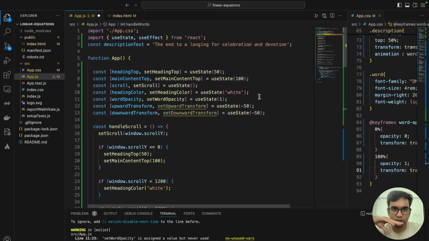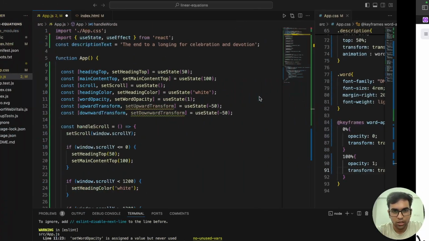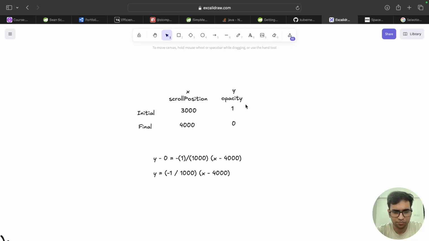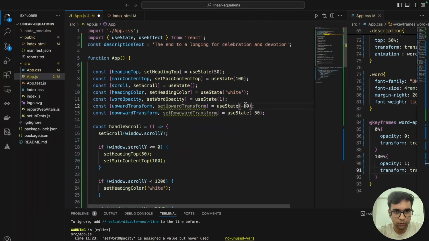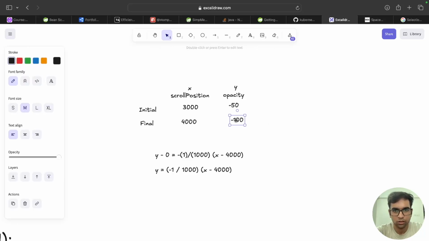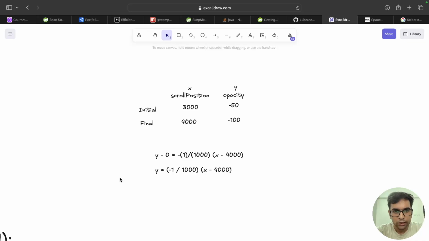So for the upward transform, I think we'll have to decrease this, so it will be a higher negative value for the upward transform. So initial is minus 50 and the final would be, let's keep it a larger value, never mind, minus 100. Let's do that. So y